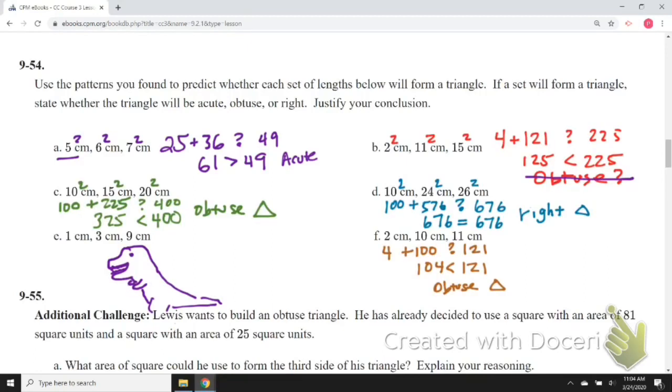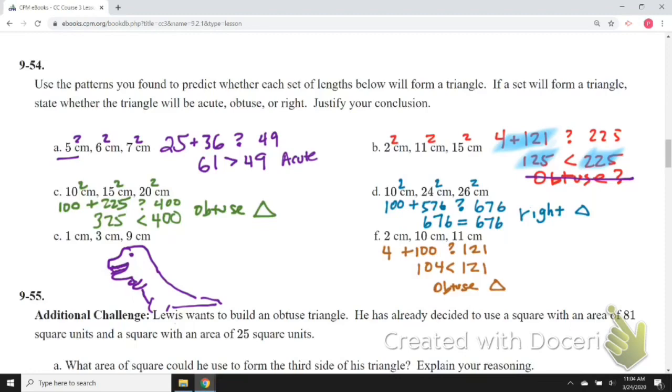All right, welcome back. Did you guys take a look at problem B? That's probably the one you did right after I did A for you. At first glance, if we added 4 plus 121 and got 125, it is less than 225. And our first assumption is that we're going to say that it's obtuse, right? Because the sum of the two smaller squares is less than the large one. When that happens, it is obtuse. However,